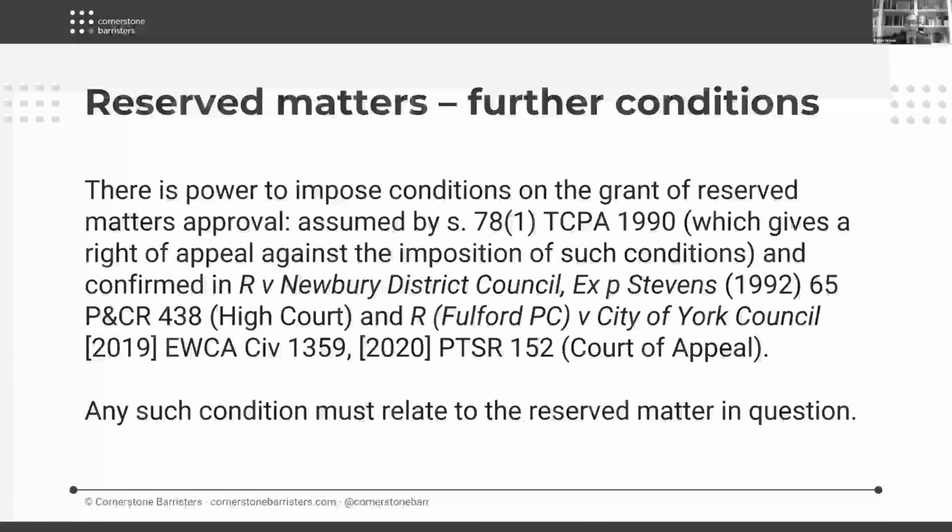And it was made clear that that is the case in the High Court in Newbury and in the Court of Appeal in Fulford. An important qualification, of course, if you're going to apply conditions to a reserved matters approval, is that those conditions must relate to the reserved matter being approved. You can't, at the reserved matter stage, use this power to impose the sort of conditions that should perhaps have been imposed at the outline stage but weren't.